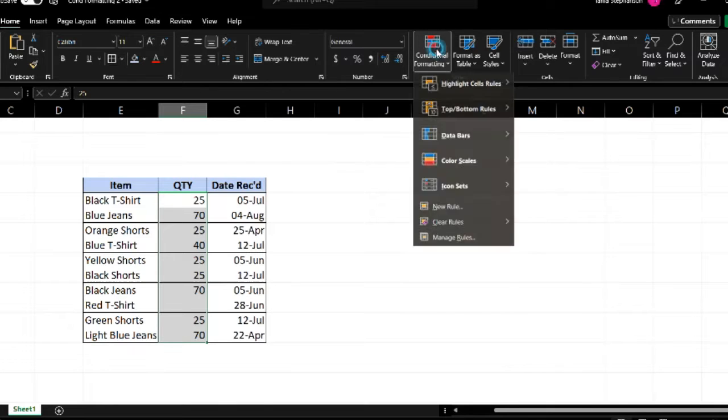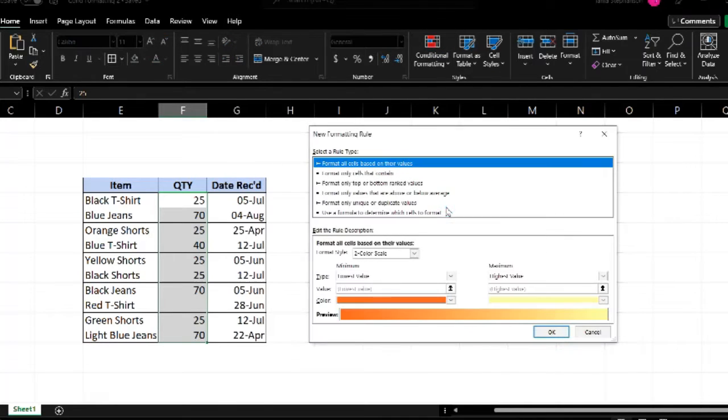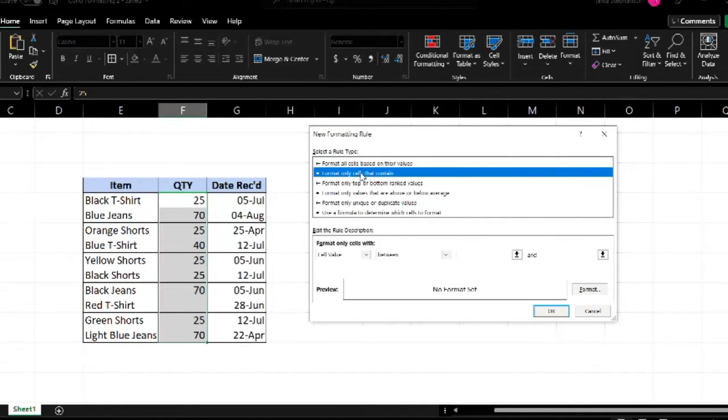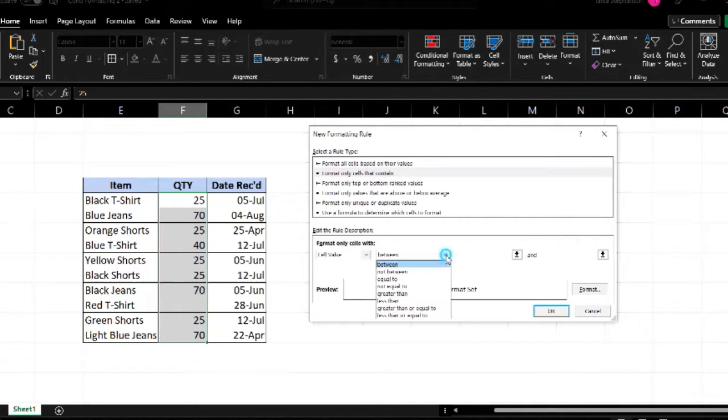We'll go up to Home, Conditional Formatting, New Rule, and select the second option, Format Cells that Contain. So let's look at the cell value. There's a variety of options here, but we're going to start with the value, which is usually a number. Now we can select between, not between, equal to a certain value, greater than a certain value, or less than a certain value. So let's do anything that is greater than